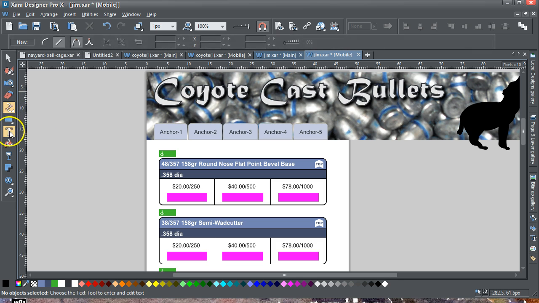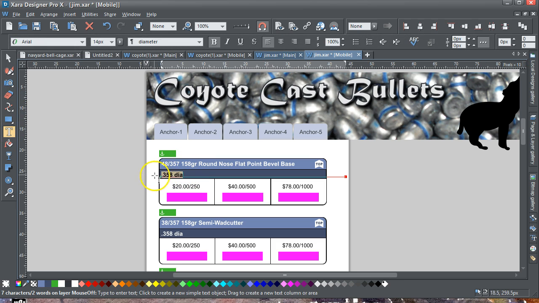Similarly, the style here is diameter, but it's 14 point. And if I wanted to even put that up to say 16 point,